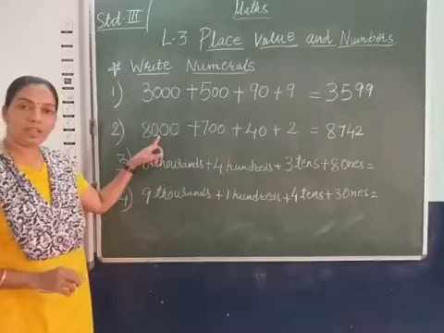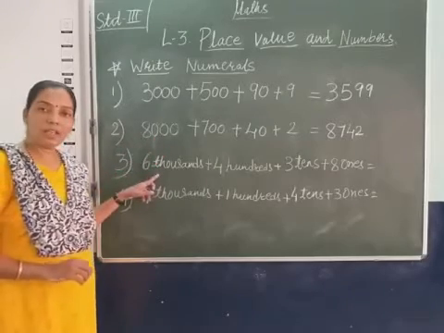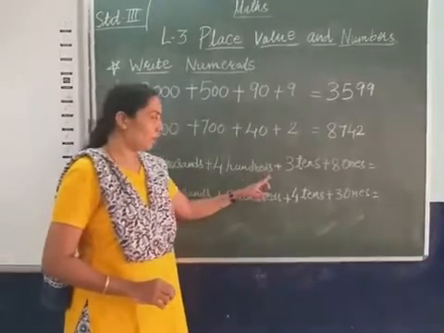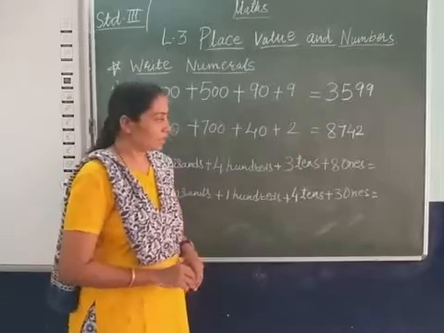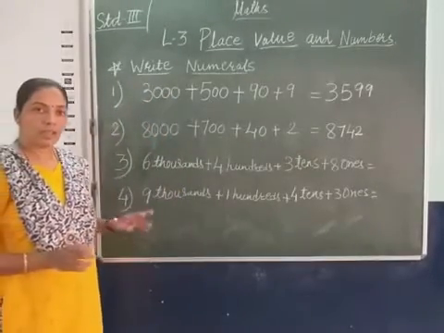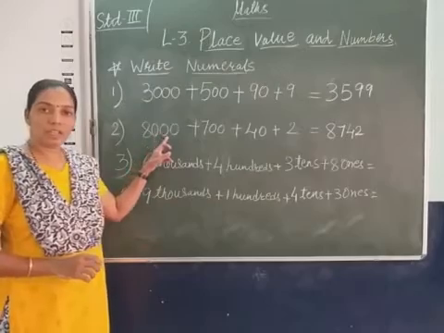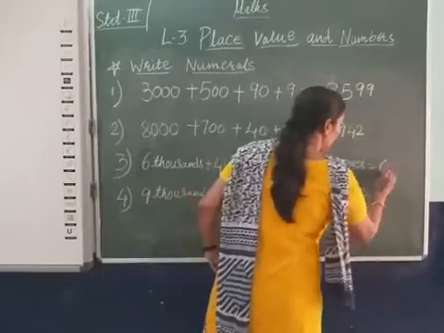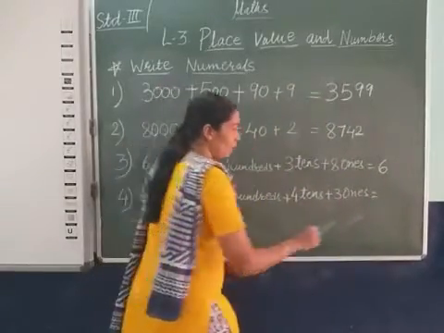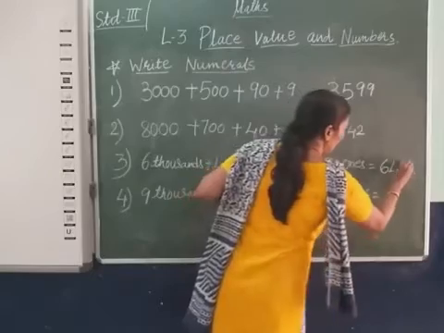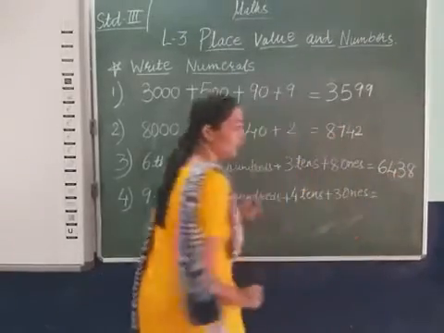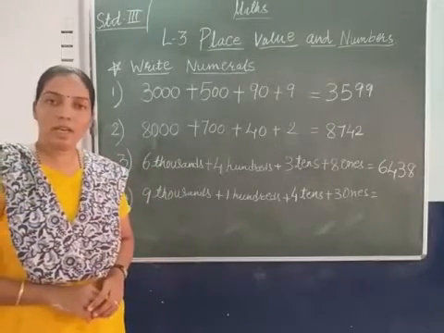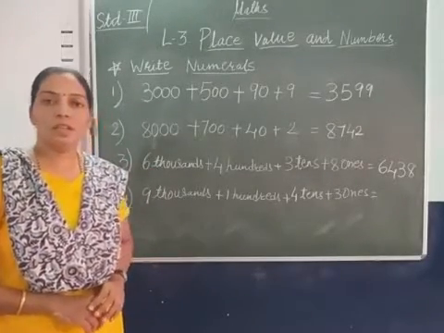See, here some difference is in the question. The 1000 here is written in the number, but here it is given in words: 6000 plus 400, 3 tens plus 8 ones. Nothing different, only in the number we write here the 000, it is given in words. 6000, so we will put here the 6, 100 place 400 and 3 tens and 8 on the ones place. So 6400, 3 tens and 8 ones, the number will come